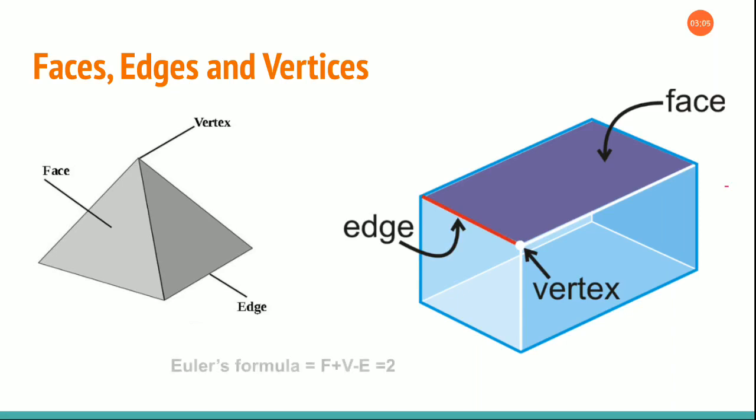Okay? Now, you are going to use this formula, that is, if you are adding the face and vertex and subtracting the edge, the number will always be 2. Whatever value you take, the answer will always be 2. Okay, that is called as Euler's formula. Using this Euler's formula, we are going to solve few small and interesting sums.